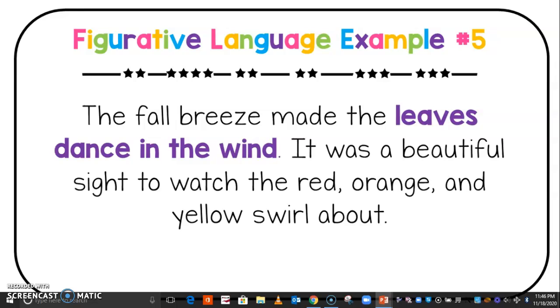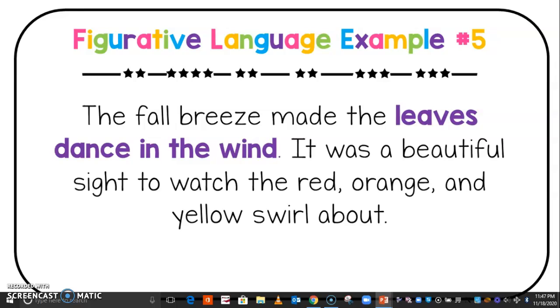Hopefully you said something like, the fall breeze made the leaves blow in the wind. Okay, and that's true, but let's think back to some of our pop sentences and when we practiced those on Friday. Just one little change of meaning can really change the visual or the mind movie that the reader has, right? So this could be the fall breeze made the leaves kind of just sort of lightly move in the